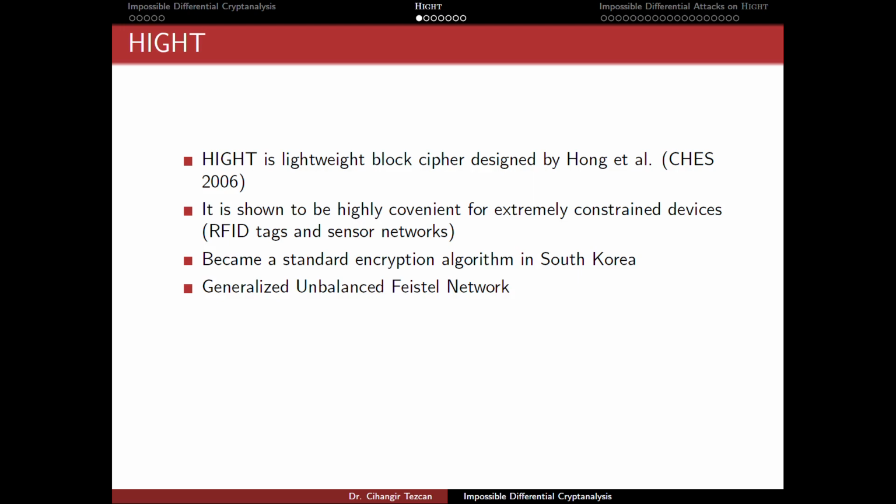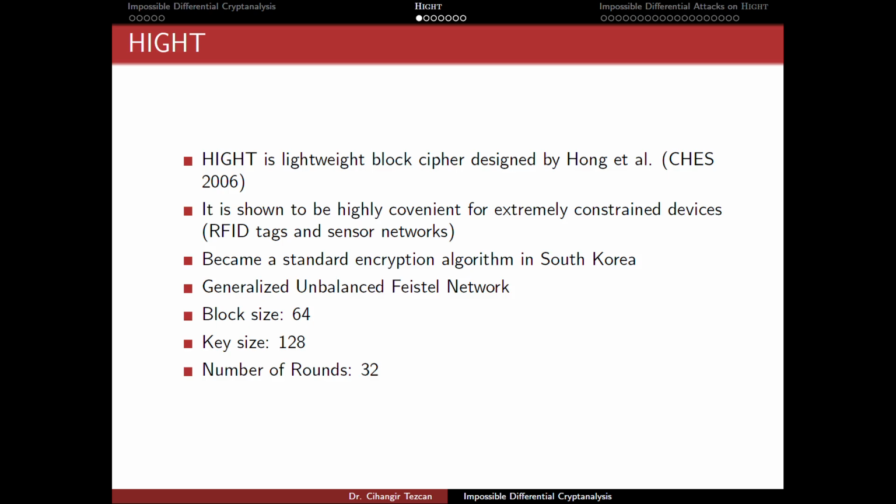It is a generalized unbalanced Feistel network. Actually, HIGHT is also an ISO standard for block ciphers, but it failed to become an ISO standard for the lightweight block ciphers, let's say. So for the specifications of the cipher, the block size is 64 bits, key size is 128 bits, and